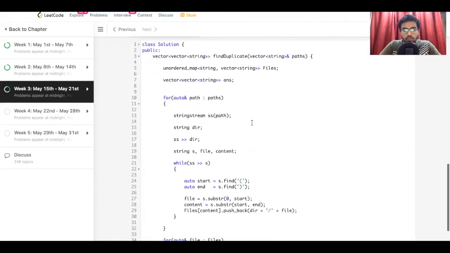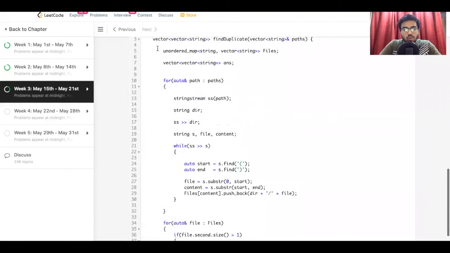All right, so let me run through the code again. First we have maintained an unordered map for storing the same content of file together, and then we have maintained a vector of vector string for storing the final answer.